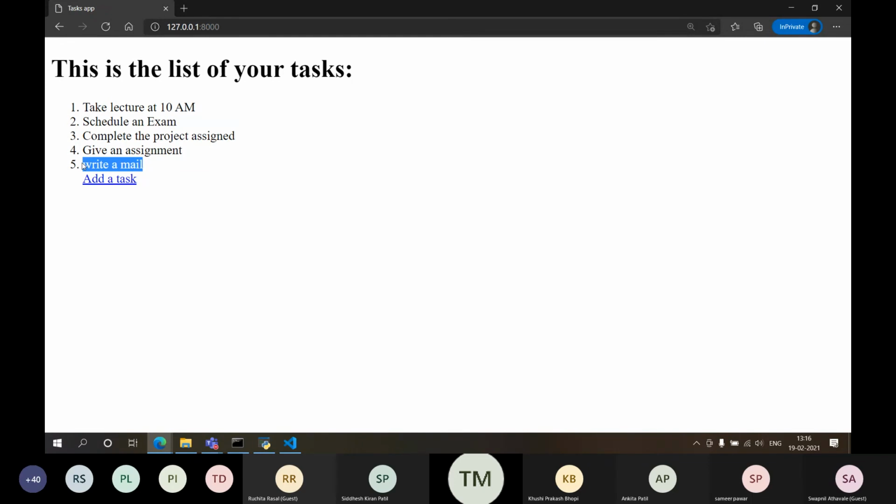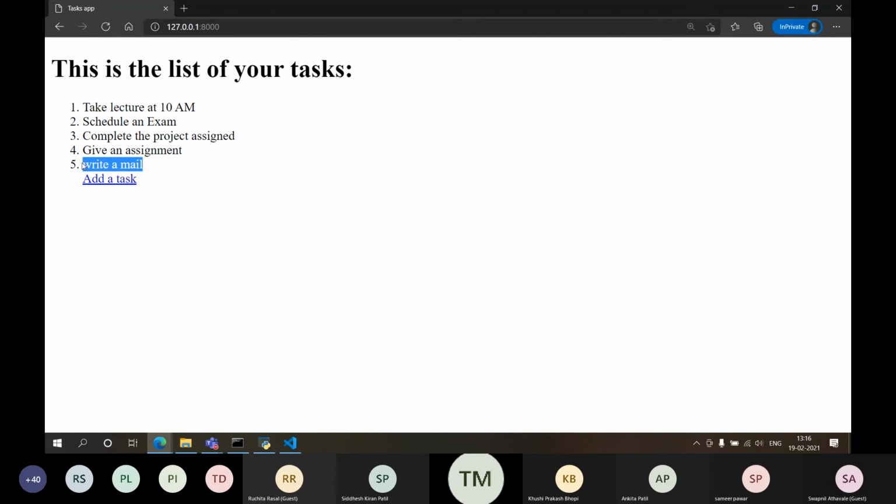Now I'm opening another browser. That means I'm pretending that I am another user, right? And if each and every user is getting the same list of tasks, then it will be very difficult. Like if 50 people are using the same application, suppose in the morning I have added task number 1, in the next 15 minutes I may get 100 tasks which are not mine. So I need to keep all these tasks separate.